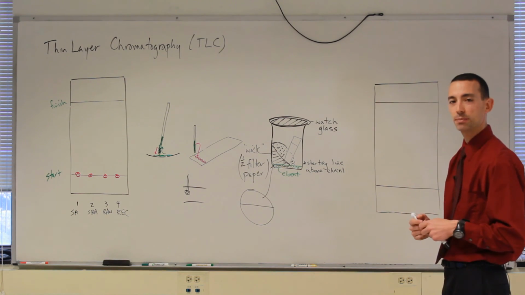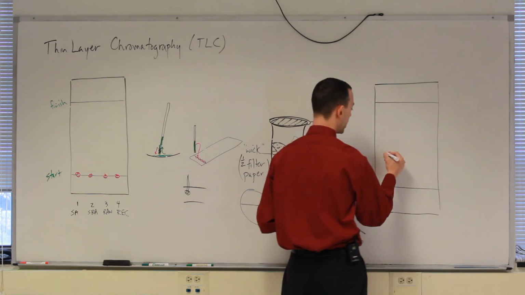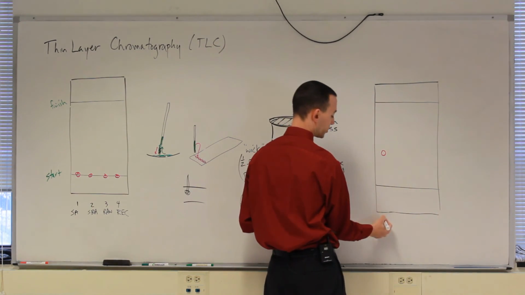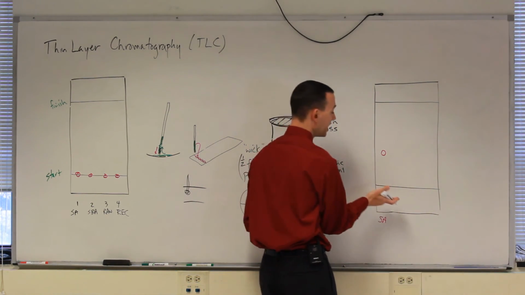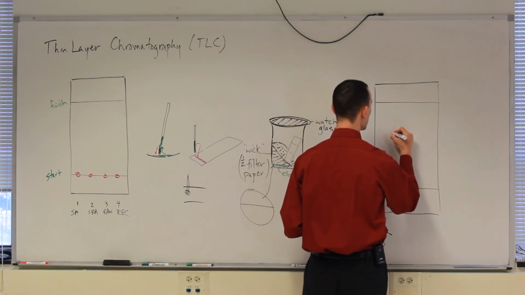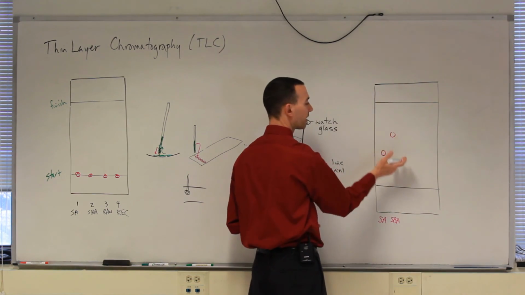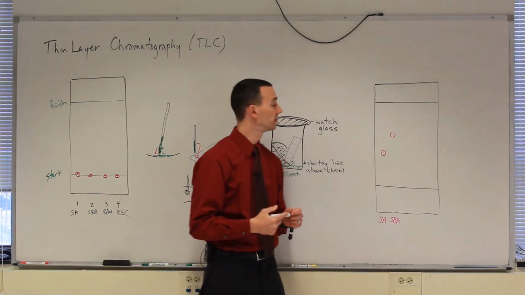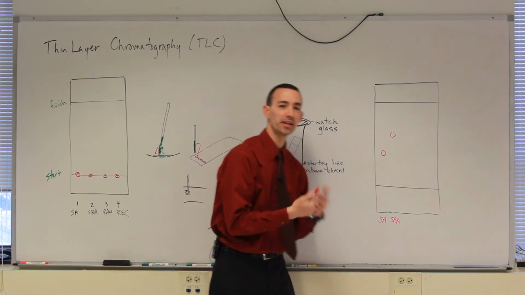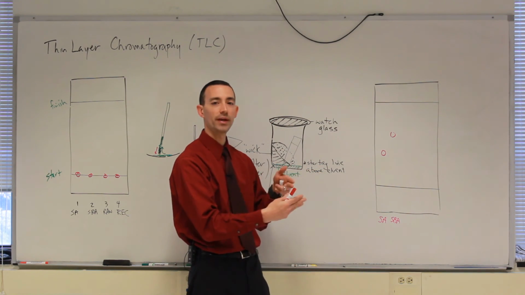So, what should we expect to see? I'm not going to show you exactly how far the chemicals would go, but one way they might look is if your salicylic acid, remember, your salicylic acid on the first spot, it will now have moved up the plate some distance, as will your pure store-bought aspirin. And so you see they will have moved different distances. Okay? So this means they behaved differently, and that's a property that we can take advantage of to distinguish between our